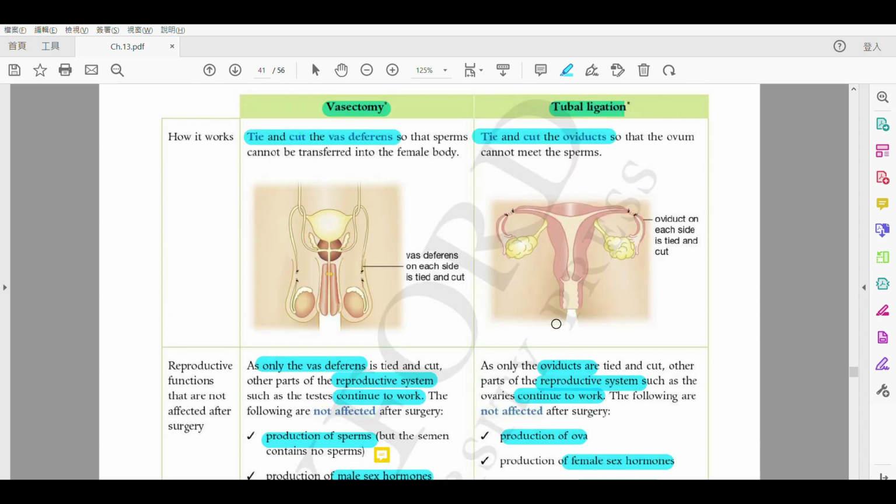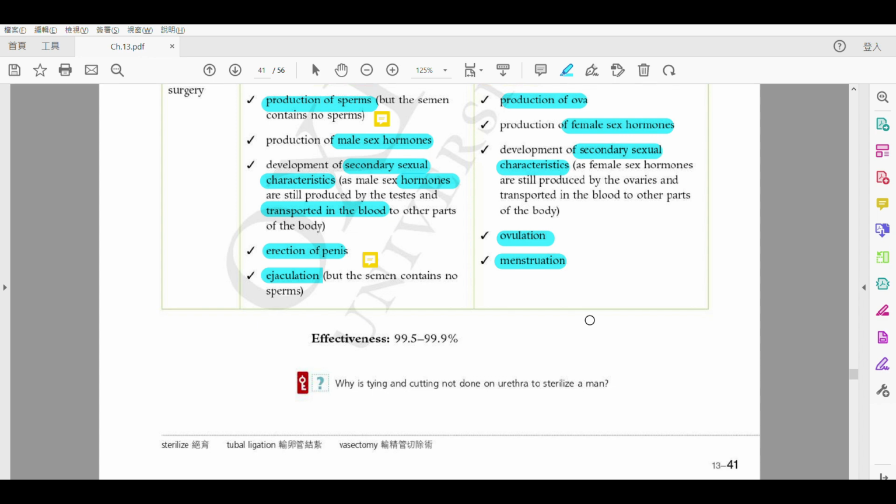And some of you are quite creative to think that hey, if ovulation keeps on happening, what will happen? So, this part of the oviduct will be packed with ova. 就會有太多嘅 ova 塞住咗。Okay? It is only a cell, and it will die and break down like any body cell. 得唔得? It will not get stuck in your oviduct. Okay? So after some time, the released ovum will die. Okay, so that's all I'm trying to say. 好啦 okay?